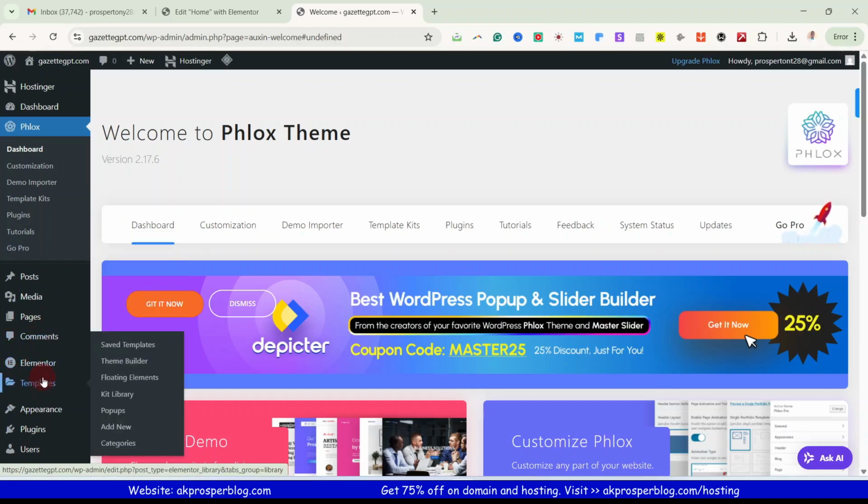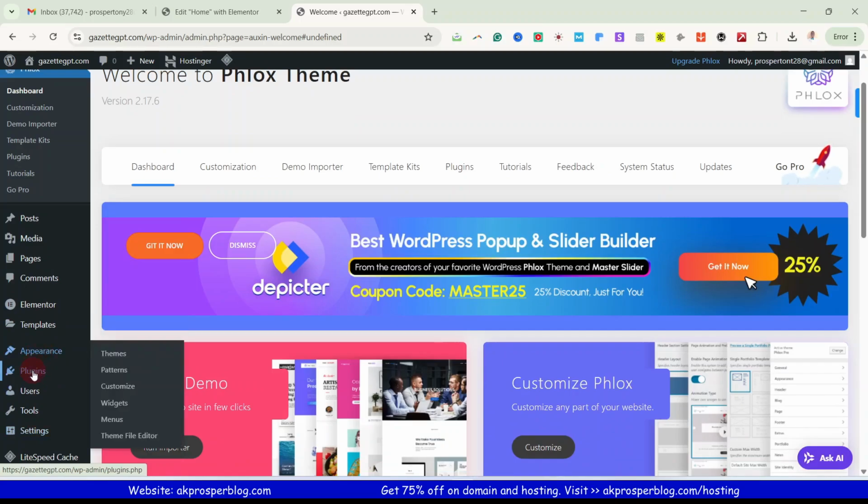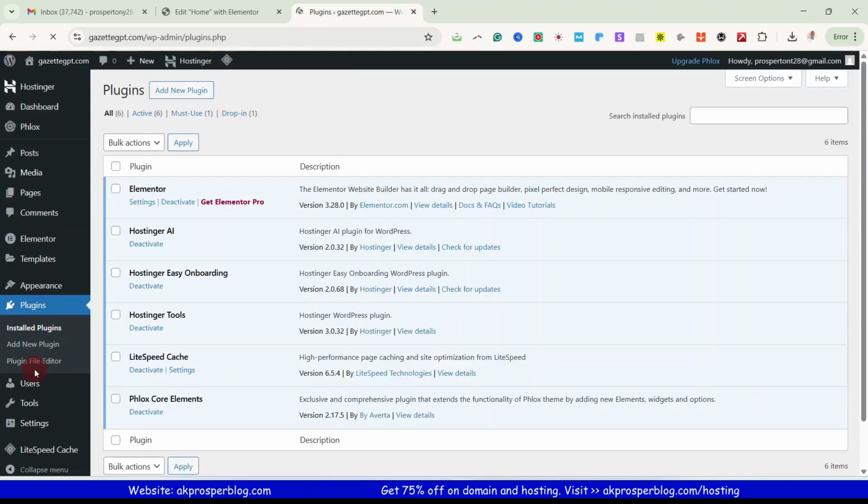Okay, let's go ahead and check out the plugins. I think we might need to install a particular plugin. Let's just confirm if it is there. So come over to plugins. These are the plugins that we currently have installed. Elementor is already there. We are going to be needing this. Then there's another plugin that we are going to be making use of, which is